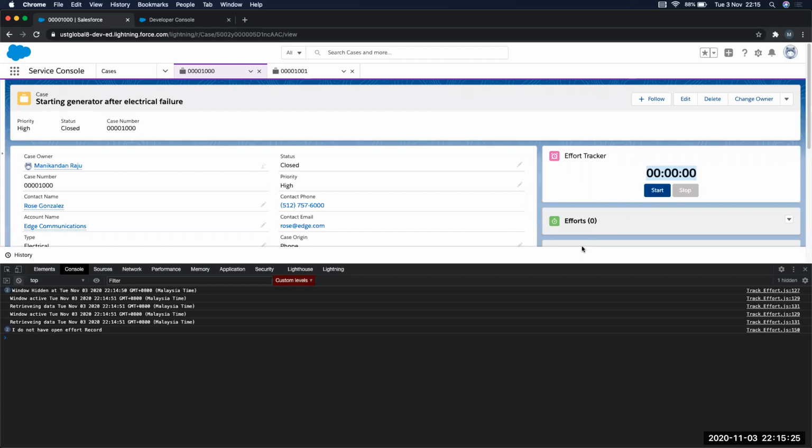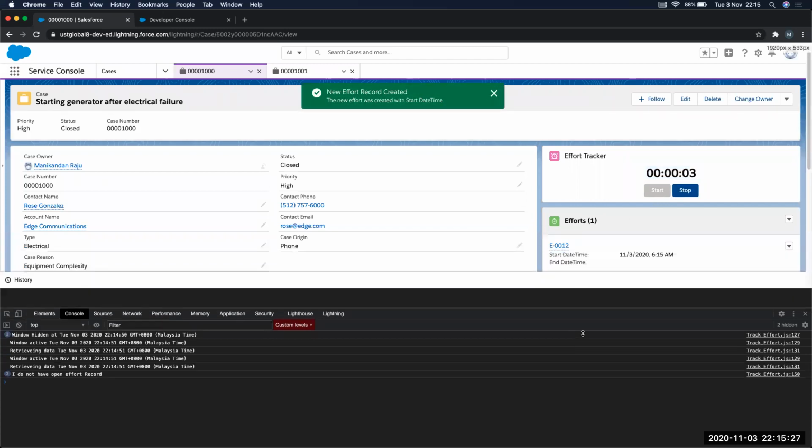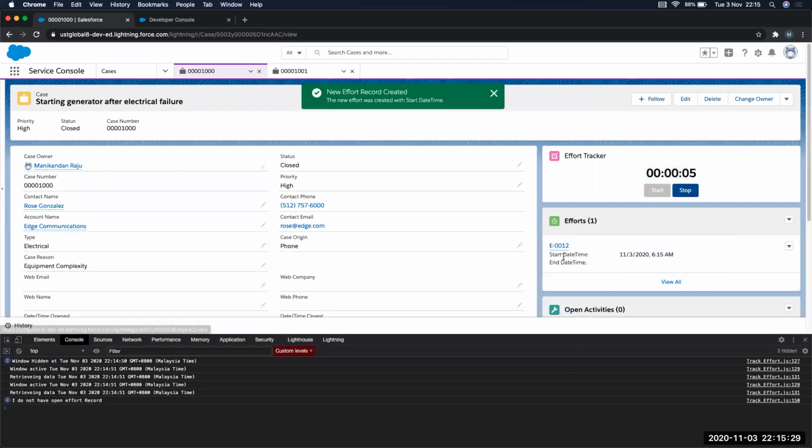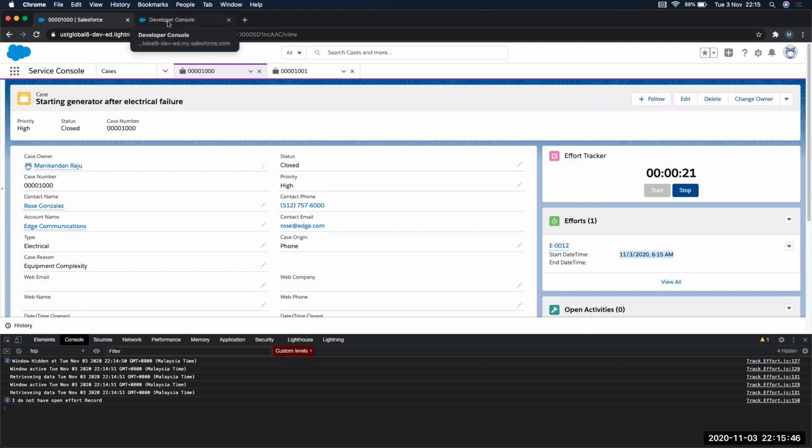So I'll click on this. Immediately it created a start date time, and the timer starts running. Again, I'll be using this whenever I go into hidden mode and then come back into the active state, I'll refresh this time.